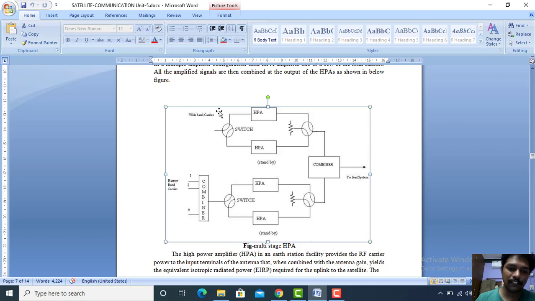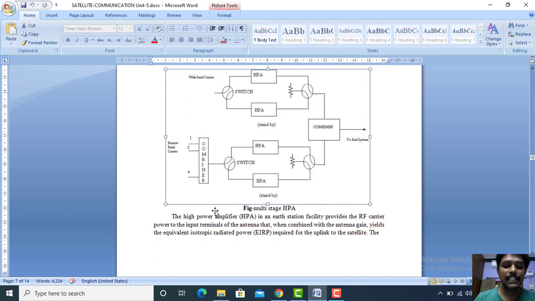you can see here you have a wideband carrier, which is nothing but RF carrier signal, which is given to the high power amplifier, and the combiner will operate to give the signals of the information to the power amplifier. So both the signals are combined and the final high power amplifier signal, that is very highly amplified signal, will be obtained as an output from the system to give to the next stage of the system. So this makes you give this signal to the antennas.